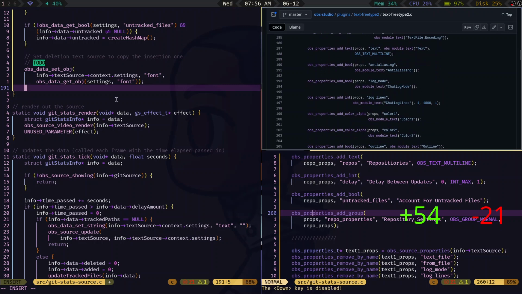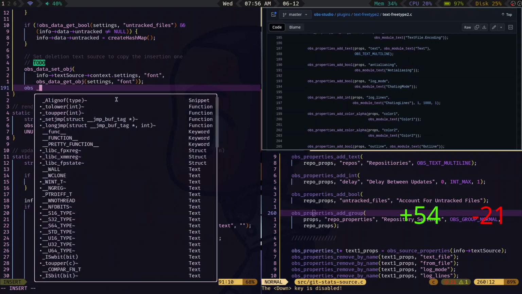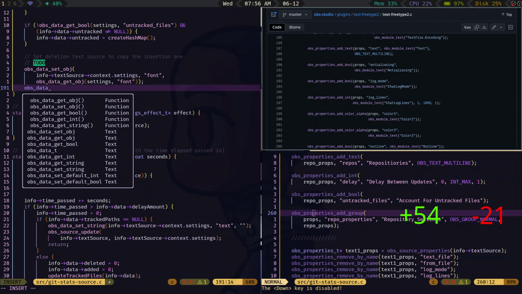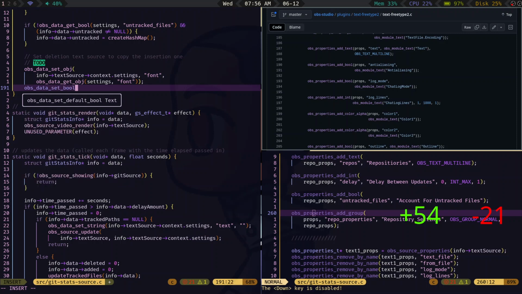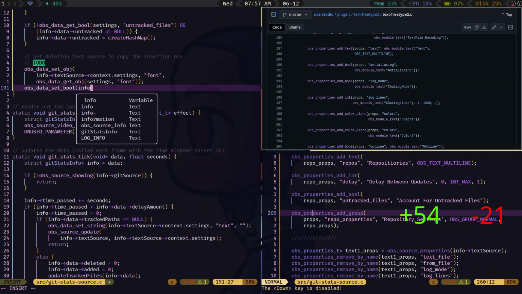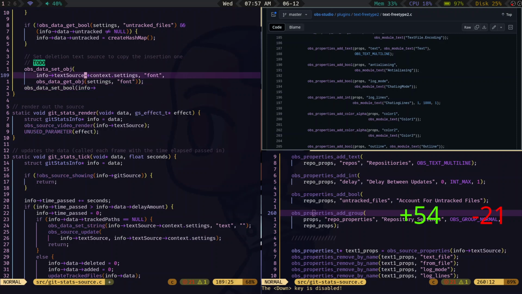Anti-aliasing, there it is. So OBS, I'm just gonna assume they all follow the same thing. So set bool, set bool info. Wait, this isn't text source though. This is